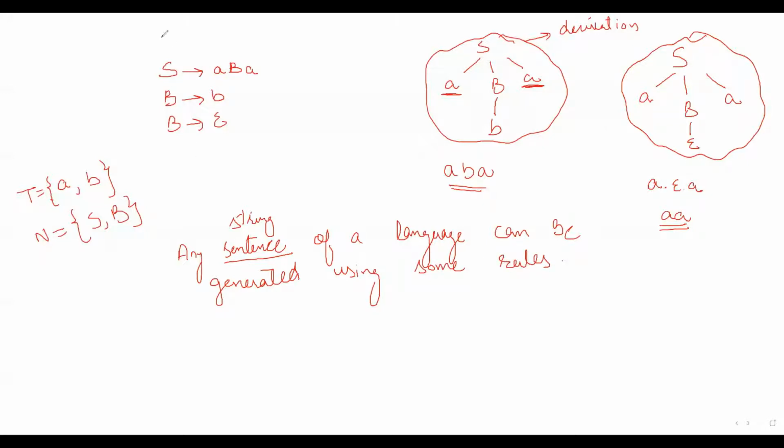So what I am saying here is that any sentence or any string of a language can be generated using some rules. And in today's lecture, we will be discussing a procedure